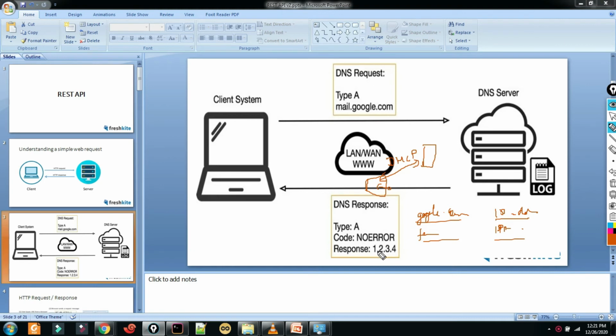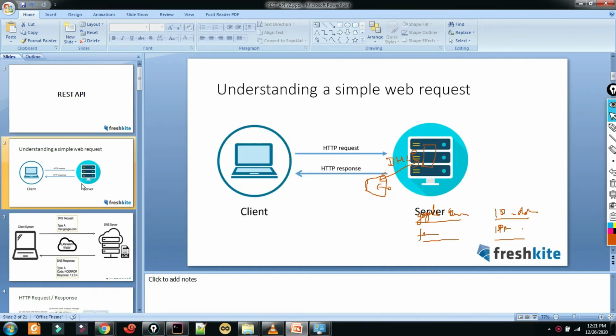This IP address will be used in your HTTP request. So before sending the HTTP request, you need the IP address. The IP address is fetched from the DNS server by sending a DNS request and getting the reply, and then you send the HTTP request to your web server.